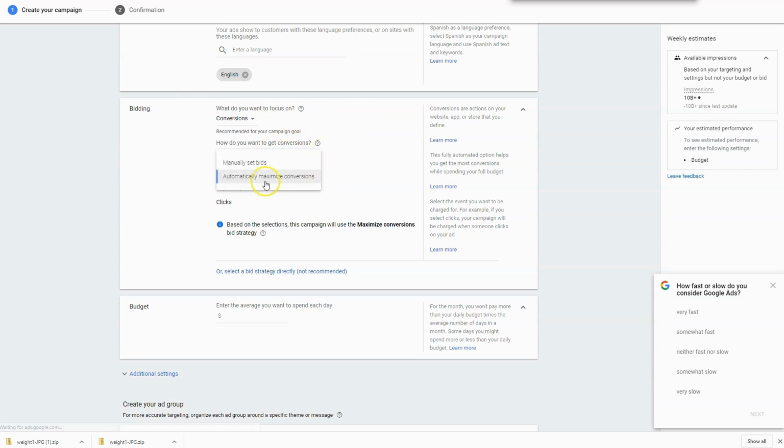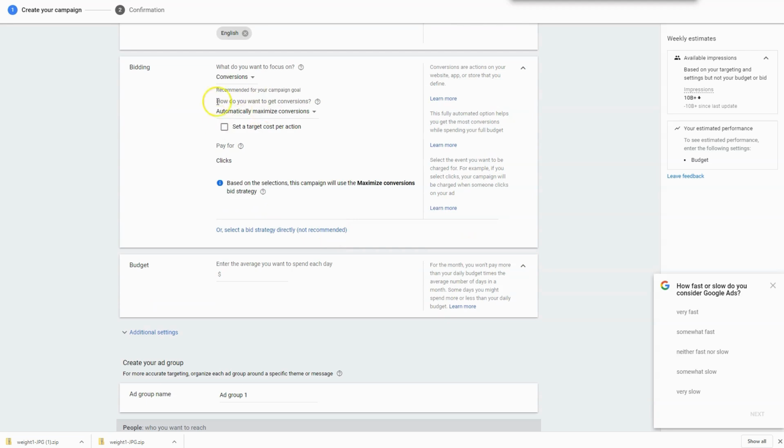Automatically maximize conversions versus manually setting your bids, which, if you are more familiar with Google Ads and you understand the math and the concepts behind it, you're a little bit more advanced, certainly do it manually. Also, if you understand the math of your sales funnel, let's say it's not a new sales funnel. You've got a whole bunch of data existing on this sales funnel. You understand the initial order value, the average cart value of everybody who comes through. And so you understand how much you can afford to spend per conversion and so on. You could certainly adjust that, but we'll just stick with automatically maximize conversions and let Google do the heavy lifting